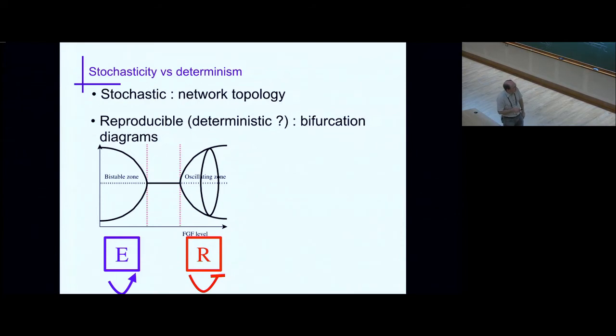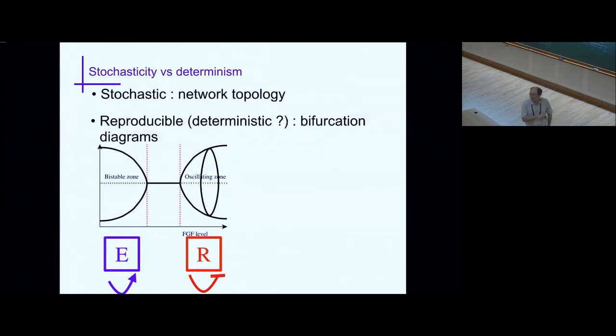So what does this graph mean? It basically summarizes the fact that in all the simulations you have an oscillator coupled to a bistable system. And you don't really care how this coupling is done, or how the bistable system or the oscillating system is built. What matters is that they are coupled in a way so that FGF will be like my morphogen, sorry about that. If you are at a high morphogen concentration, you want to have an oscillator, okay? And at low morphogen concentration, you want to have a bistable system.